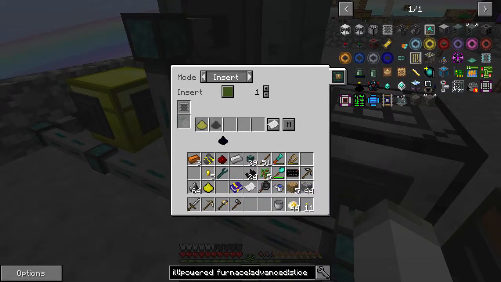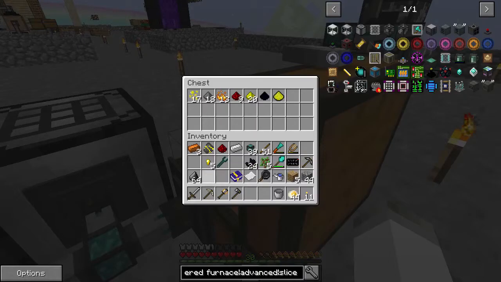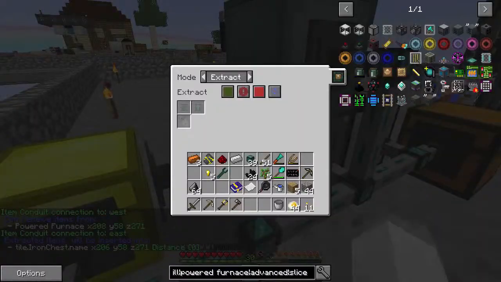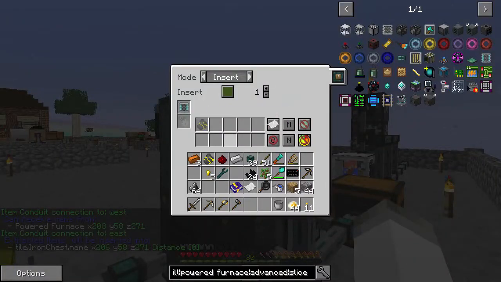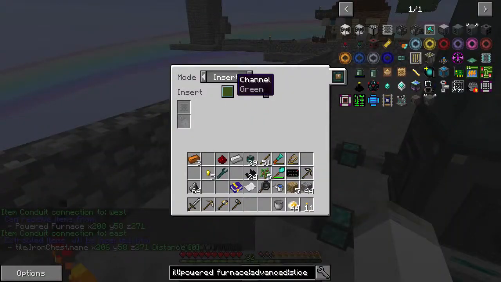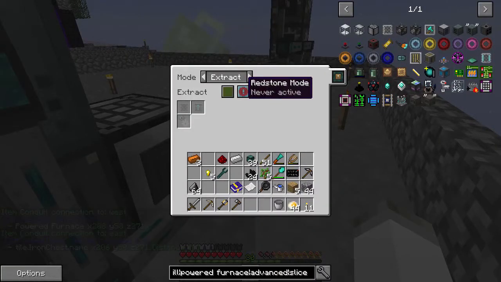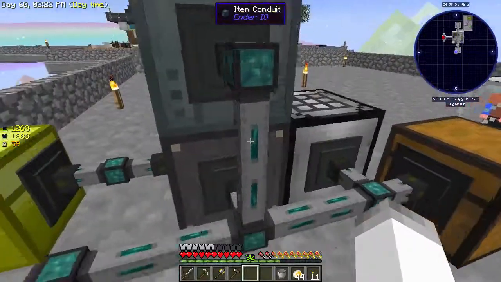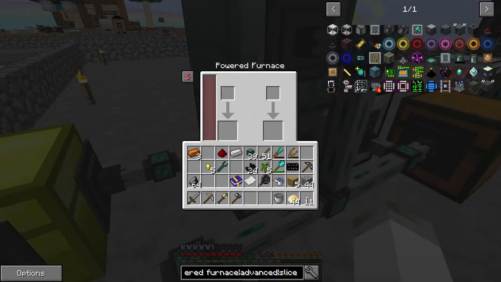So that and that. And we just put those in for testing. So what happens, and then this is just going to be always active and whatnot. So let's put that in there. And let's see what happens if we say always active. So this gets the gold. That's what we wanted. This should get...